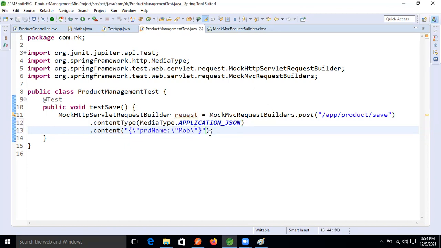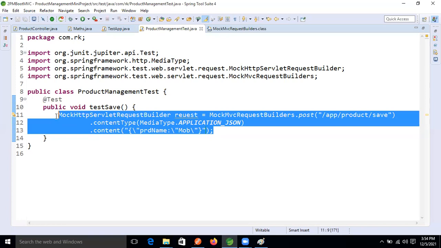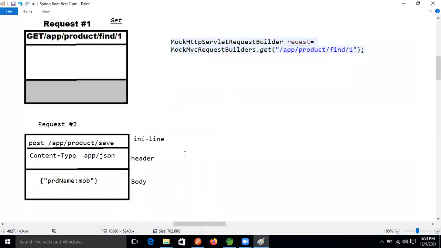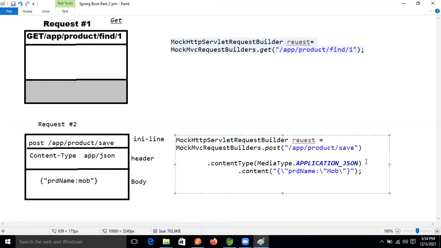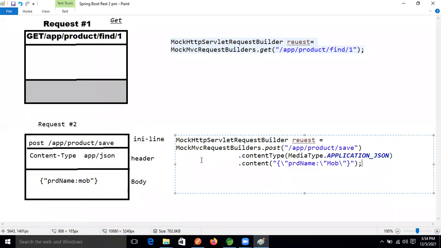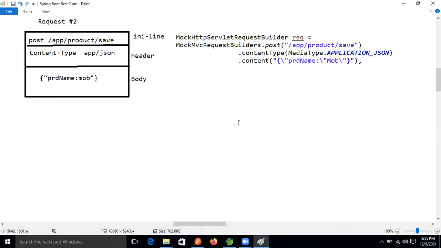Like this we will specify the request object for POST kind of things, guys. Everything will come together whenever we do the practical, then we will understand easily. We will see the practical only, but I want to make the practical easy for you, because of that I'm explaining, guys.